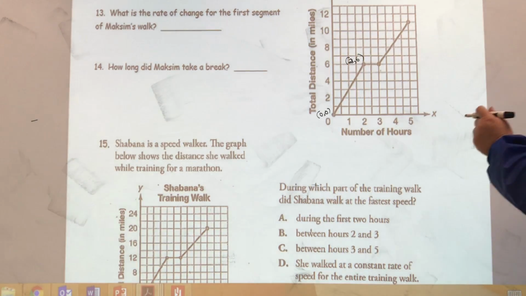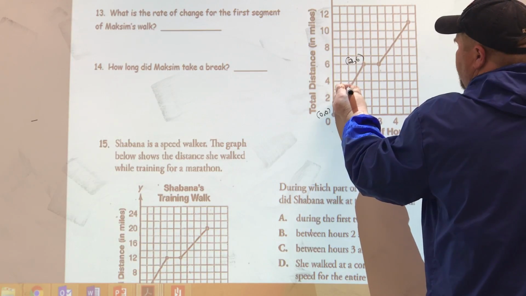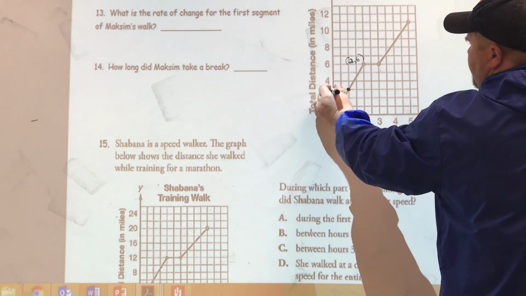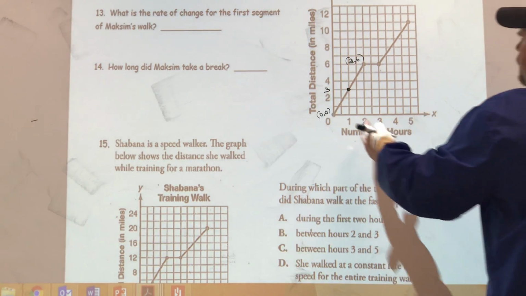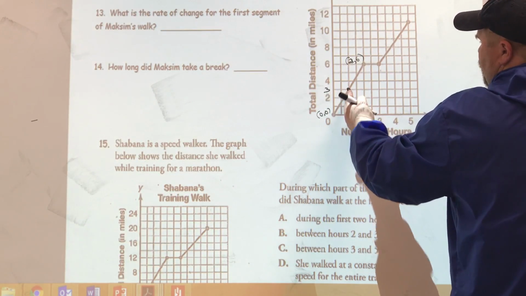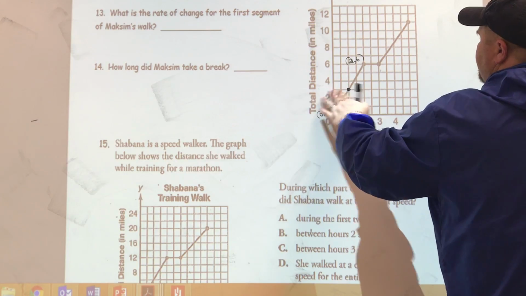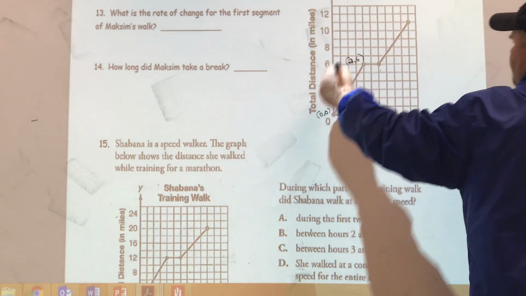We could also look to see if we have a good point at the 1 hour mark. We do have a good point at the 1 hour mark. If we look right here, we know that this would be 3 miles. So it's going to be 3 miles per 1 hour, or 3 miles per hour. However, if we didn't have that good point, or we didn't recognize it, we could just do the whole